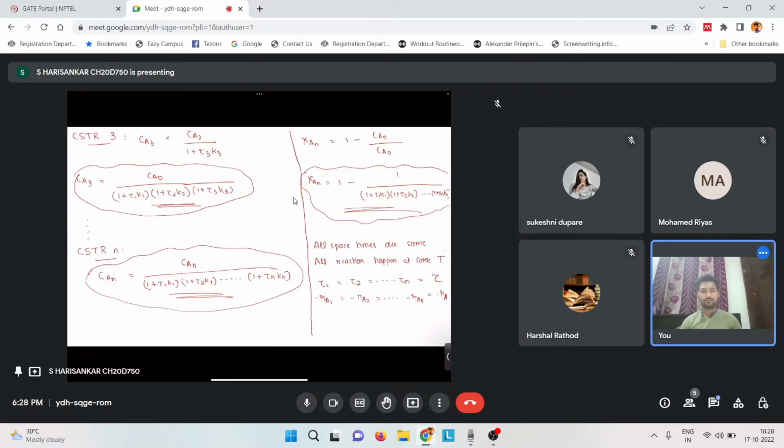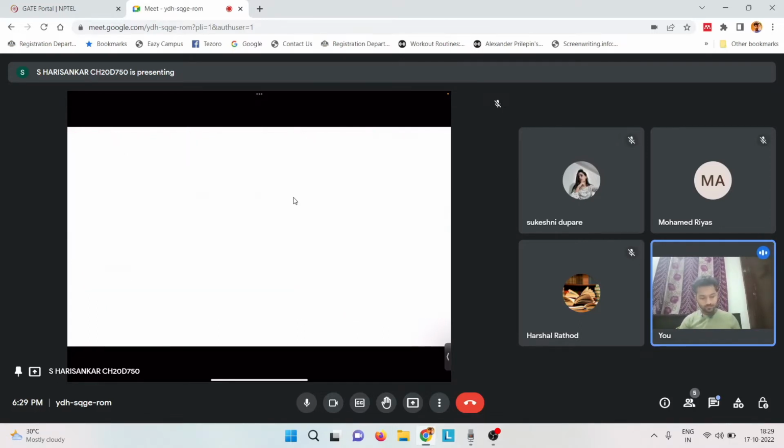So what does this mean? This basically means K1, the reaction rate constant, is equal to K2 is equal to Kn, and let's take a general term as K. So what will the equation become when all the space times are just the same? That means tau 1, tau 2, tau 3, etc. is just tau, and K1, K2, K3, etc. is just K. So if tau is constant and K is also constant,